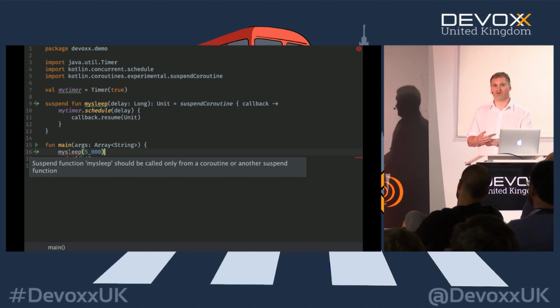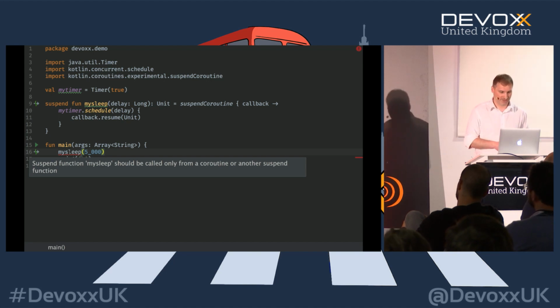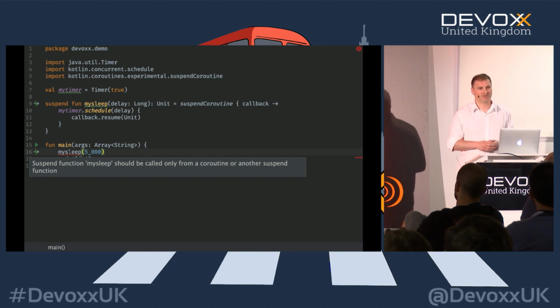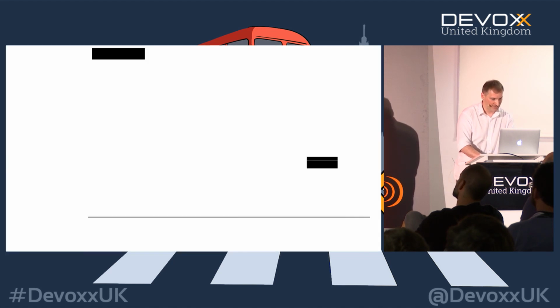So the question is, how do we actually invoke such a function if we want, for example, to invoke it from the main function? So we have to use something which is called a coroutine builder. A coroutine builder allows you to create coroutines from suspending functions and execute them. And so the simplest one is called